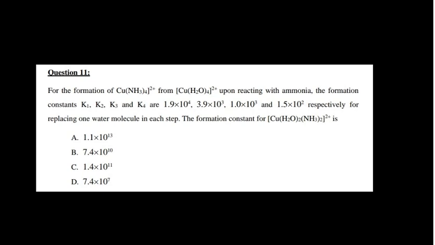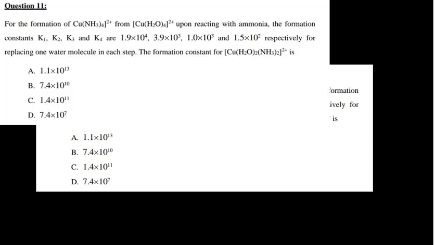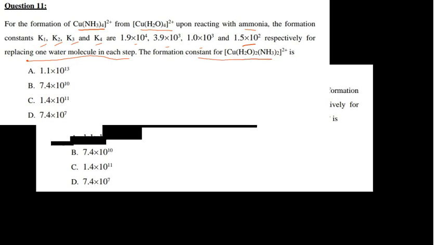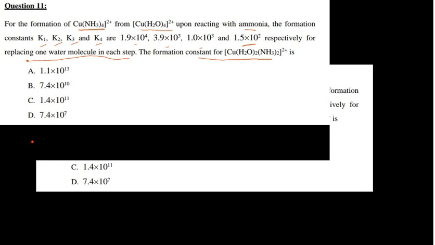For the formation, okay, so this question, see again it's a very simple question, not that difficult. For the formation of this particular complex from the tetra-aqua copper 2 ion, upon reacting with the ammonia, the formation constants K1, K2, K3, K4 are given respectively for replacing one water molecule in each step. Calculate the formation constant for this complex. Okay, what it says, see guys,